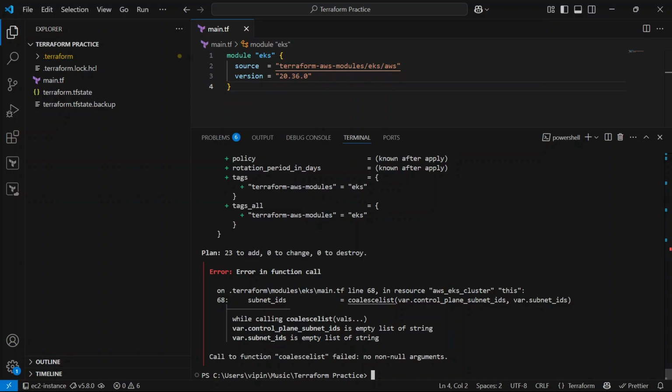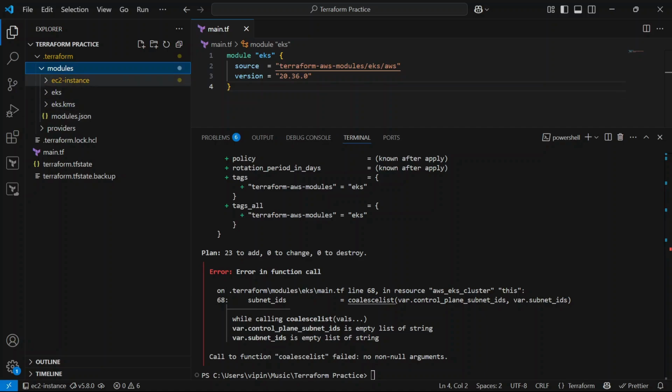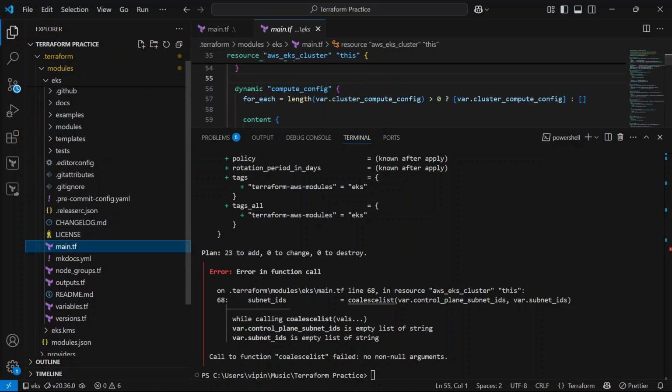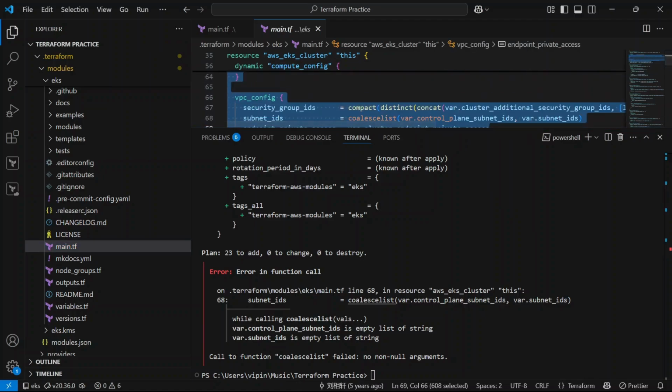If you go to the module, go to the EKS, and if you go to main.tf line number 68, let's explore that.